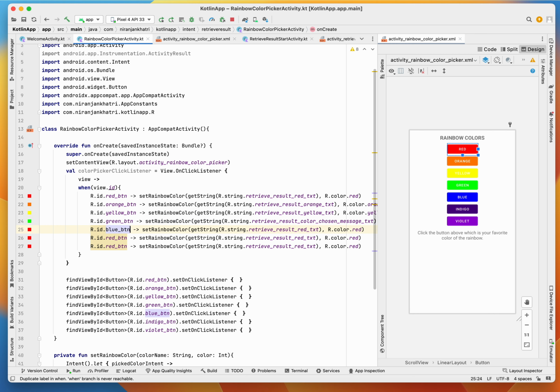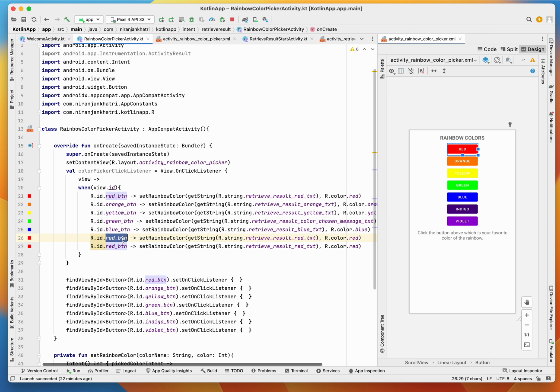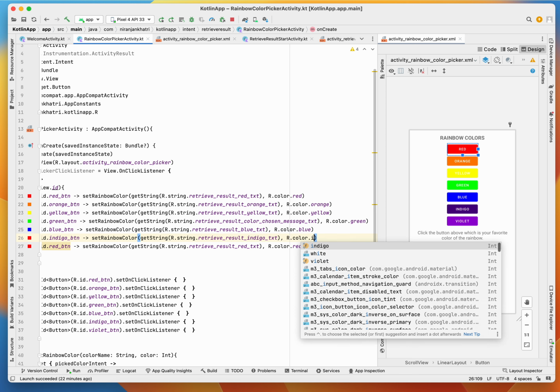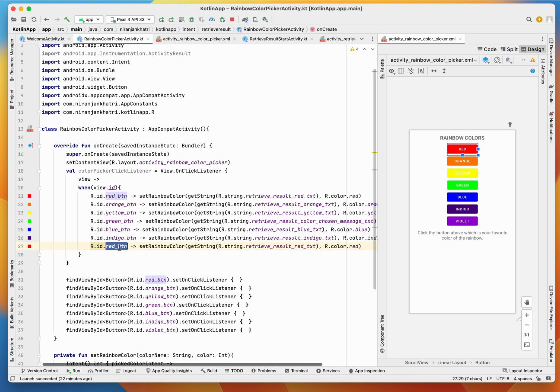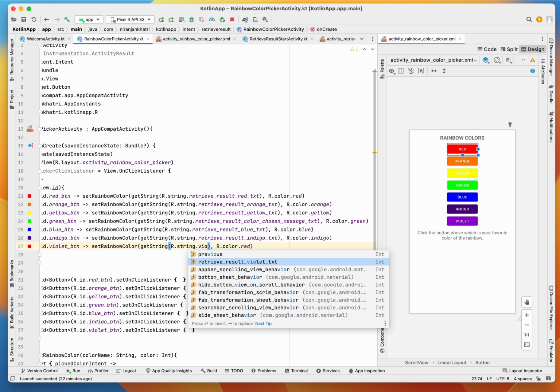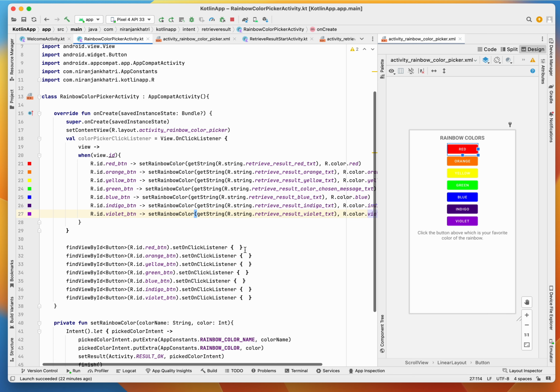Finally it's blue, blue and blue color, right? And similarly we have indigo, indigo and indigo. Here also we have violet, violet, violet. Okay, yes, we are good to go, but still it's not finished because what we have created here,